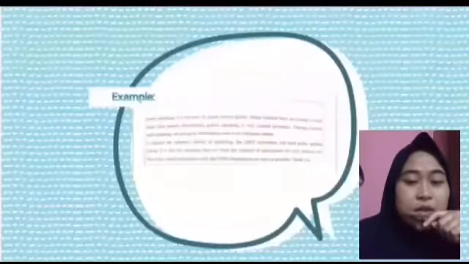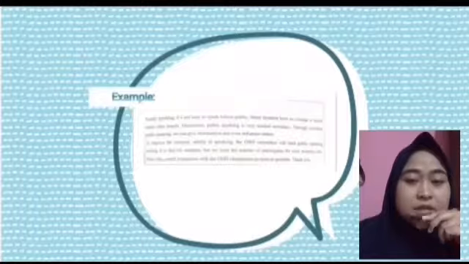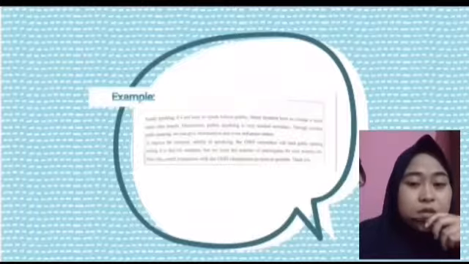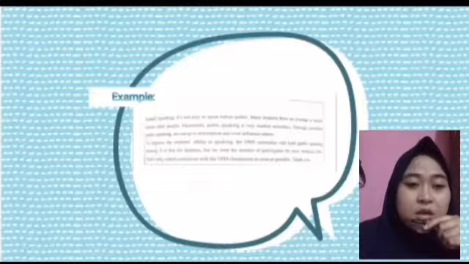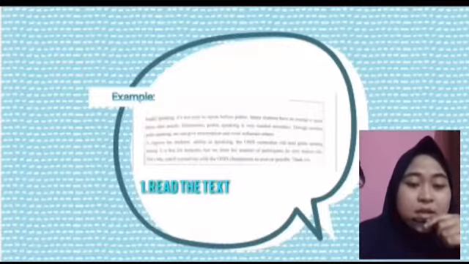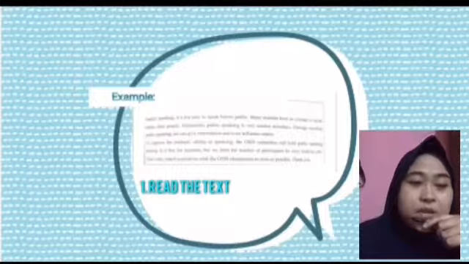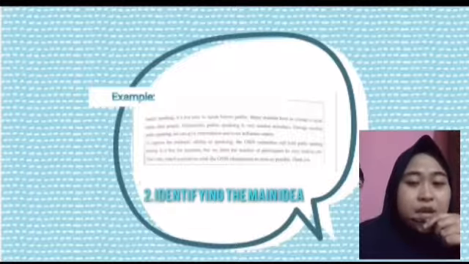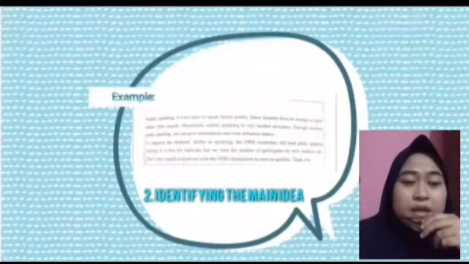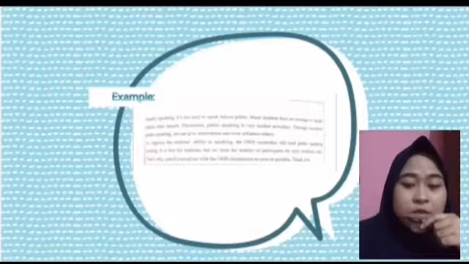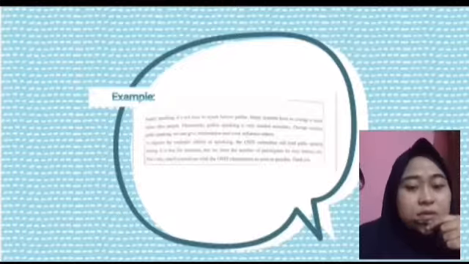For example, I will give a reading text, and the student has to read the text, and then the second task is identifying the main idea from the text. So the student will get specific information from that text. Okay, I think that's all. The next material will be presented by my friends.